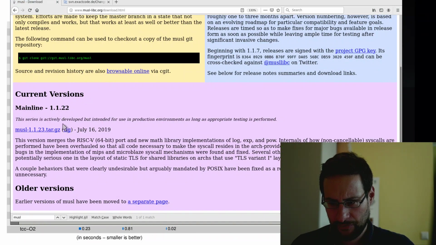is actively doing, but intended to use in production environments as long as it's pre-tested, and what? Anyway,